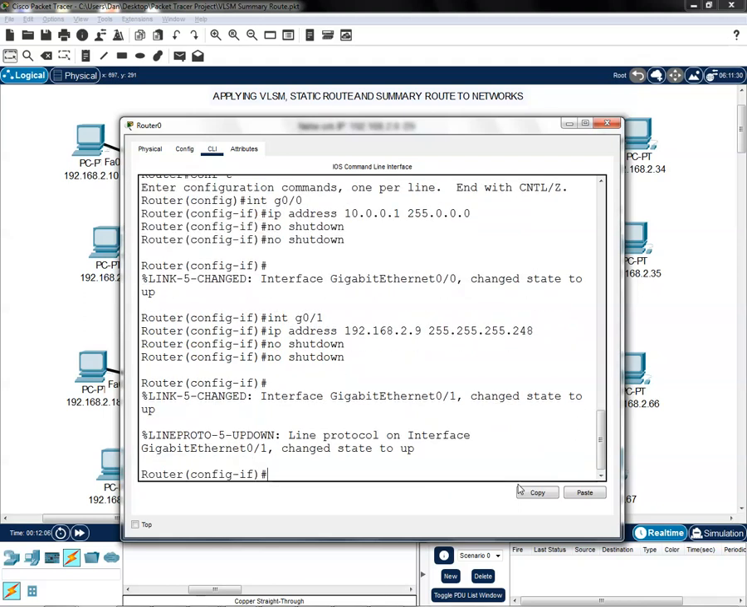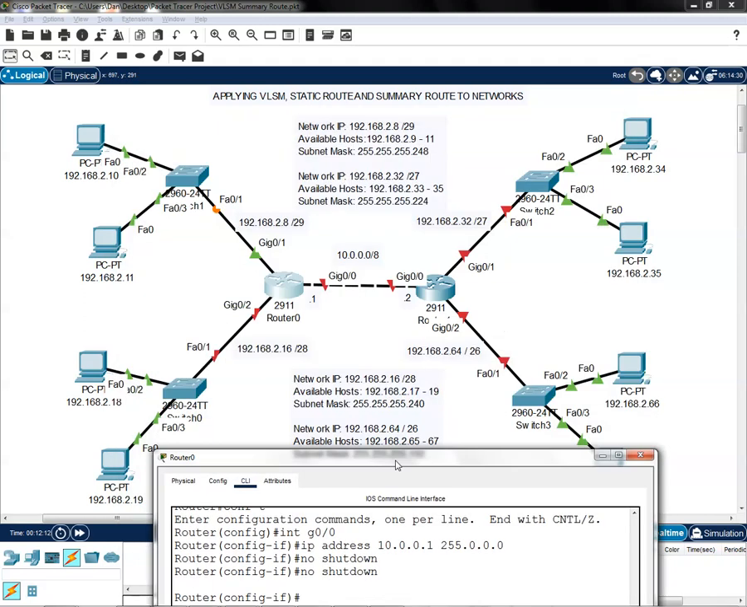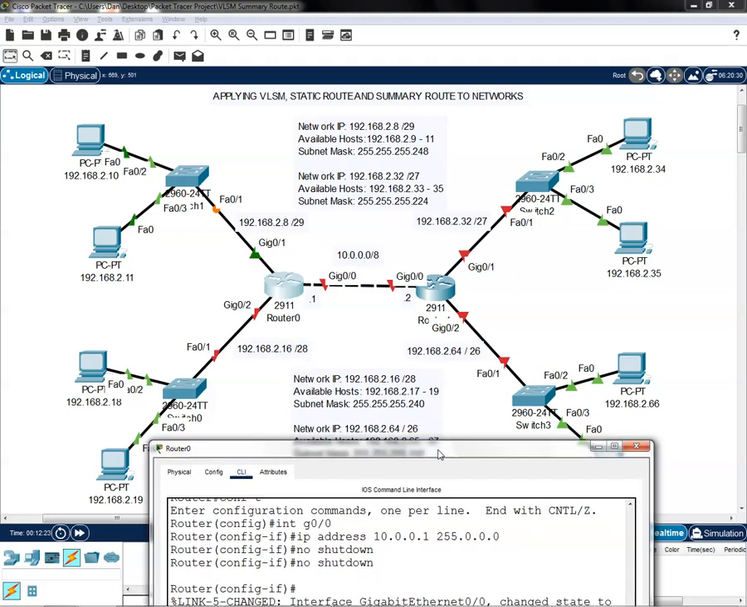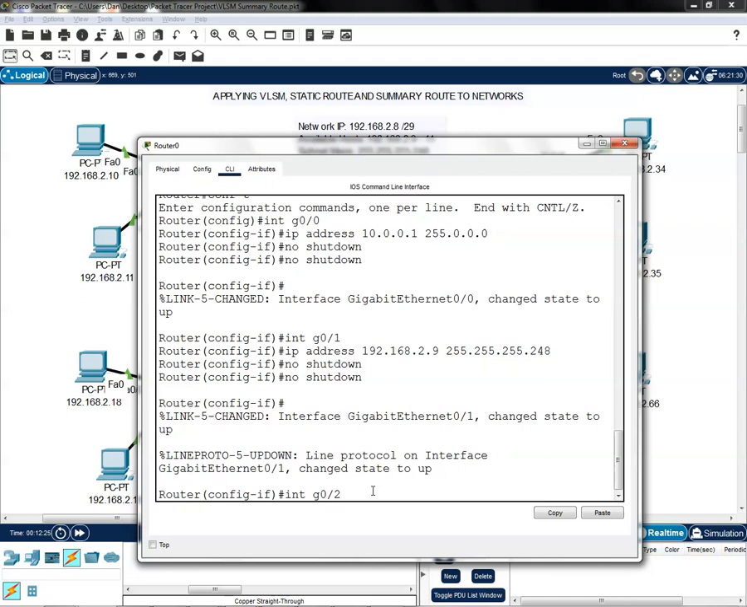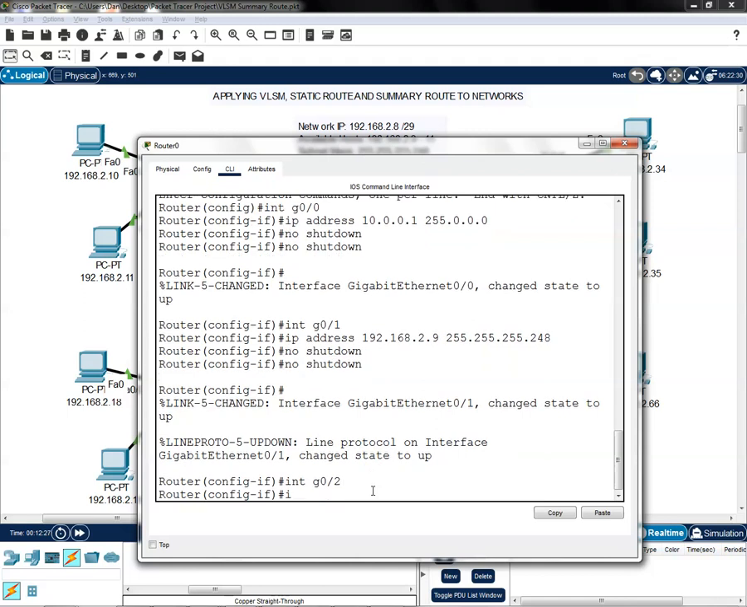I'll hit enter, and then I'll type no shutdown, turn on the interface. And next interface would be gigabit 0/2. And then the default gateway on this network, it's on the slash 28. It should be the 2.17, the first host. Okay, 2.17. I'll hit enter on this IP address